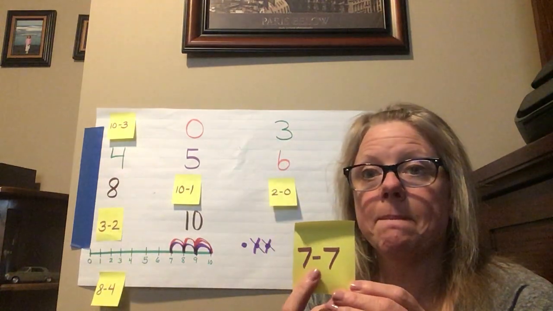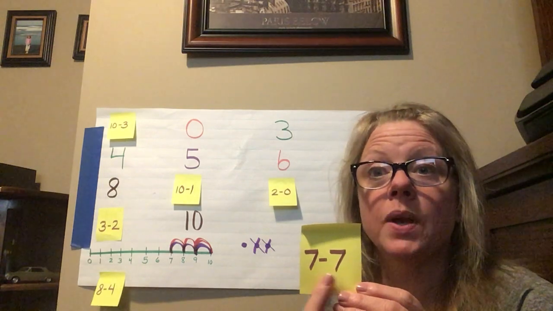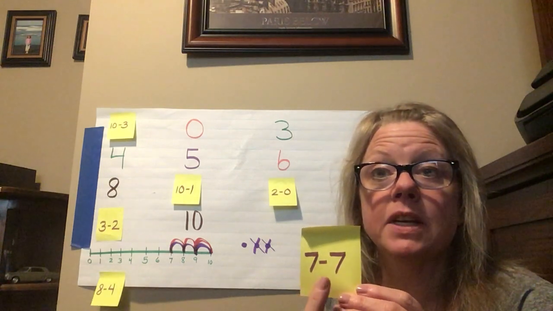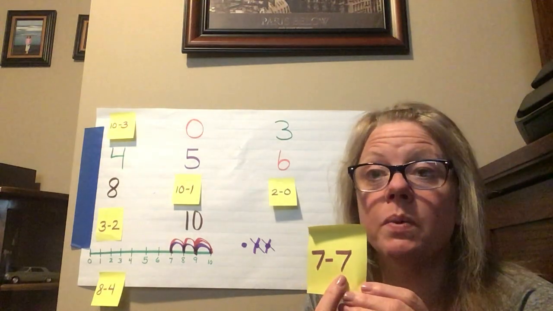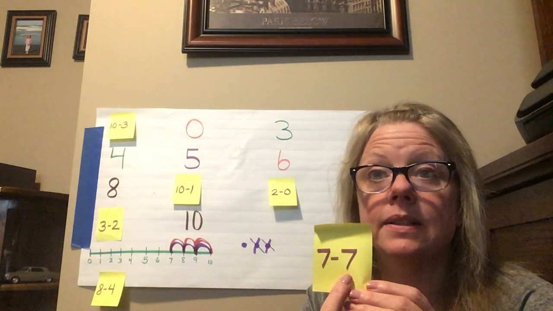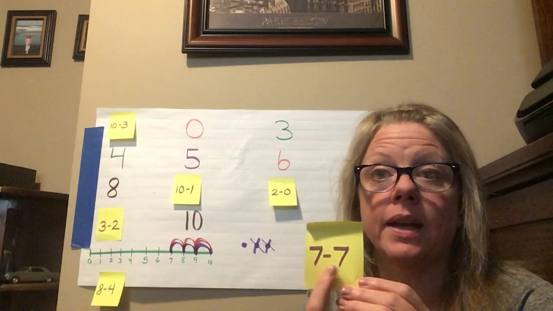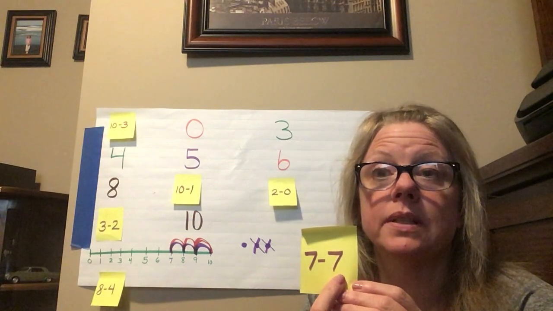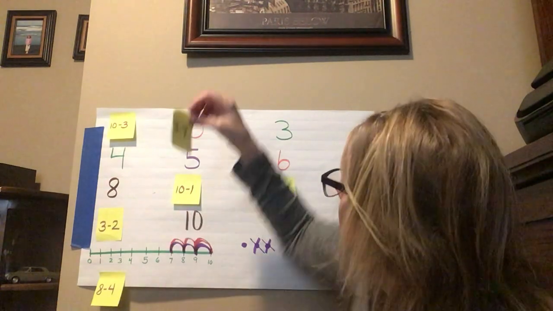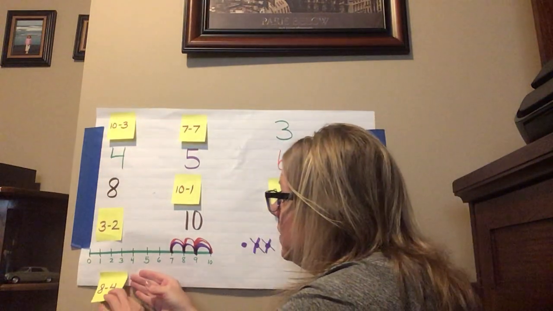All right, 2 more. 7 minus 7. Now, if you remember this strategy, these two numbers are the same. So when you subtract the same number, you're always going to get 0. I'm taking everything away. 7 minus 7 equals 0. And the last one,